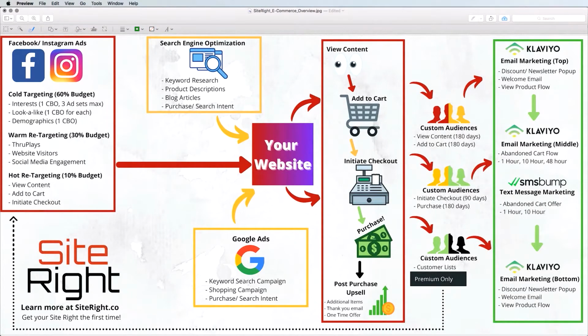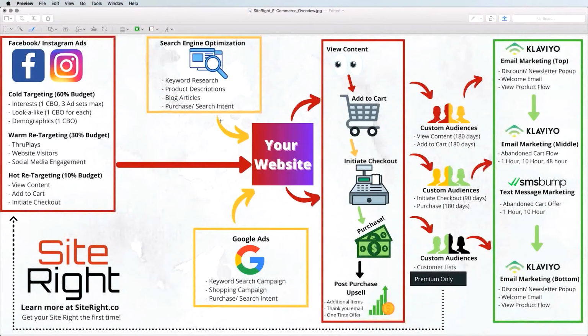What this allows you to do is nurture the customer throughout each one of these stages before they ultimately purchase from you. You have your website at the center of the funnel. What you're going to need to do is focus on search engine optimization to bring in traffic. And this is not free traffic because you're going to have to spend money on getting articles done, content done, making product descriptions, doing keyword research, essentially trying to tailor your website for people who are going to purchase with